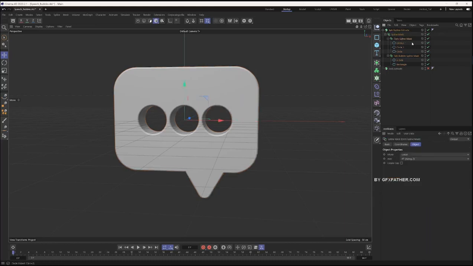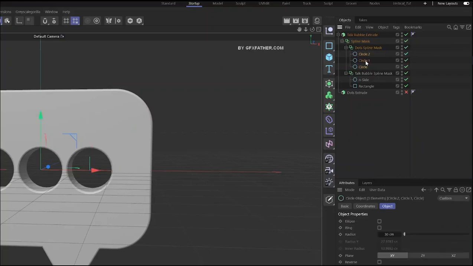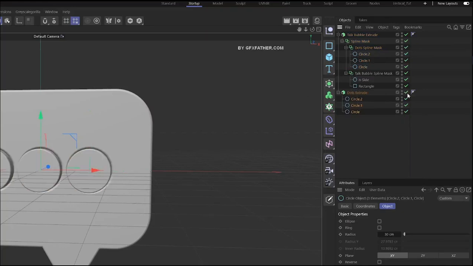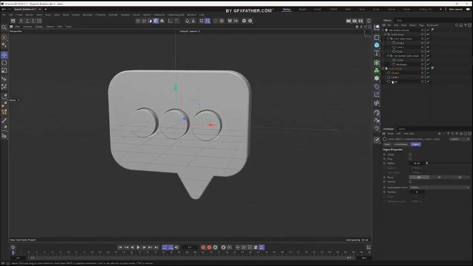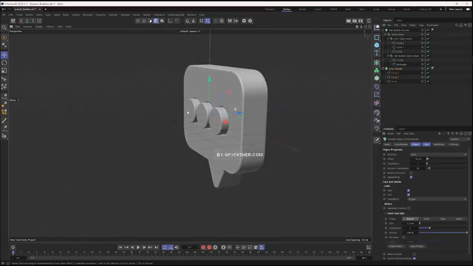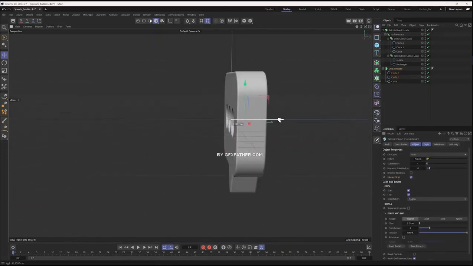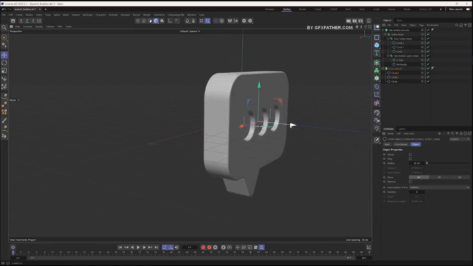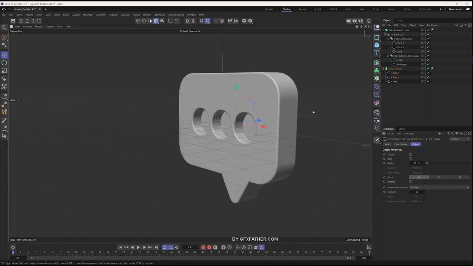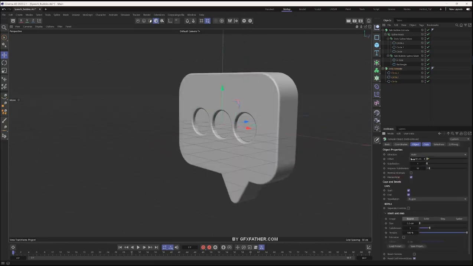So another thing we can do is we can go and select all these circles, command click and drag, and that'll duplicate the circles, bring these under the dots extrude, turn that back on. We can kind of have this little hole cut in here. And I can select this dots extrude, and I can move this back, or I can even select these circles and move these back as well. And you'll see that I'll bring the extrude back a little bit. And then what I can do is extrude the offset even more